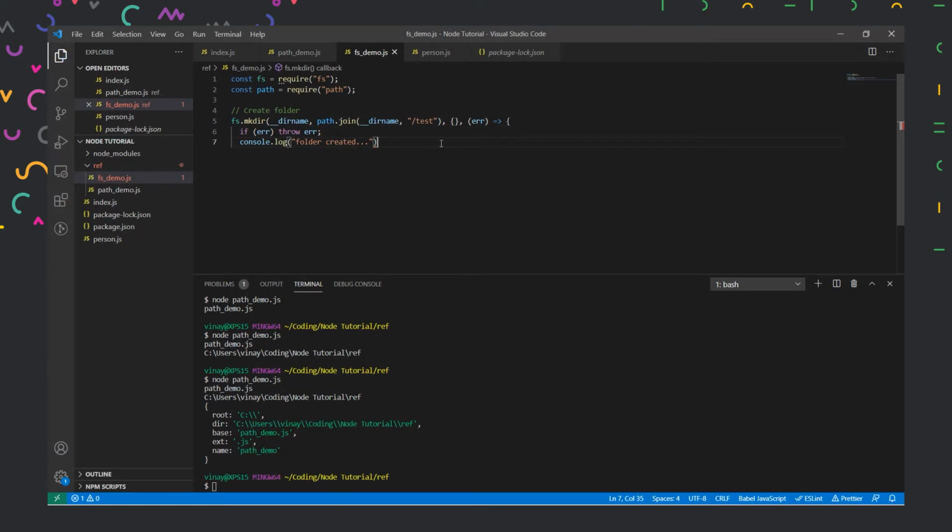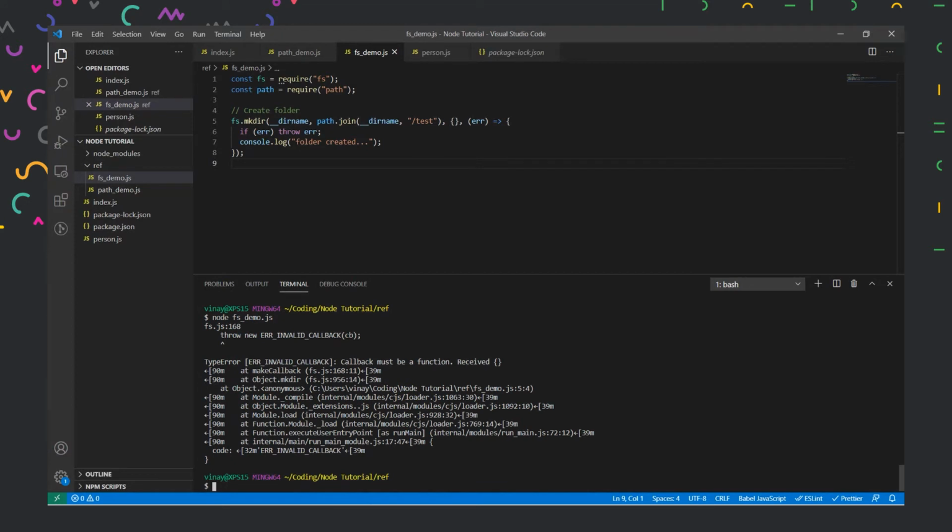So let me check whether everything is fine now. This is ending here and this should end here. Yes, now it is correct. So now if I run this file itself, I can use the command node fsdemo.js, and then it will throw me an error. It will say that the callback function we defined here is not correct. So let us fix that now.